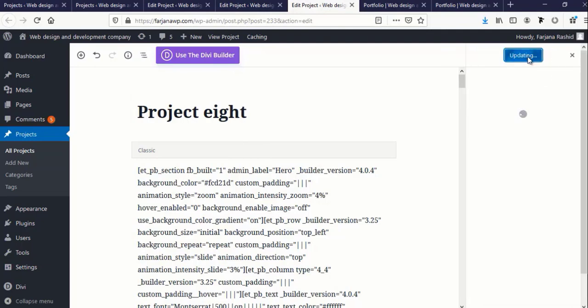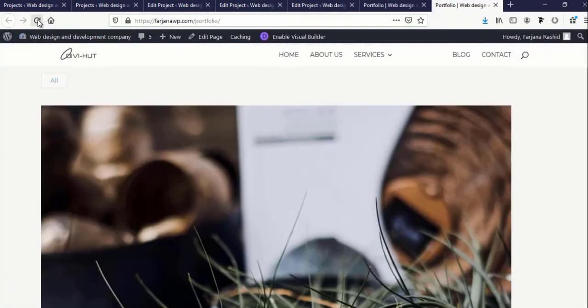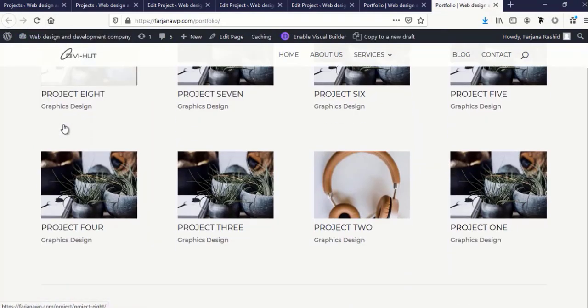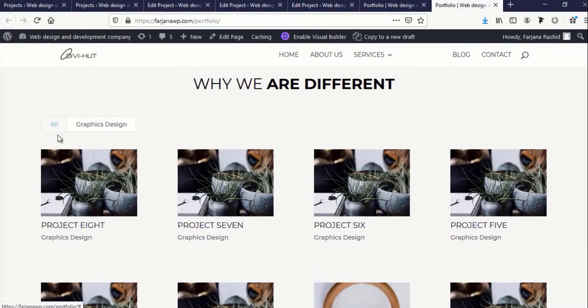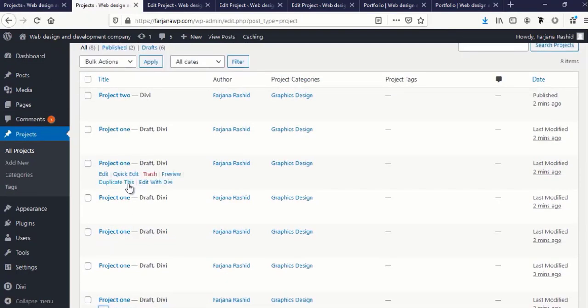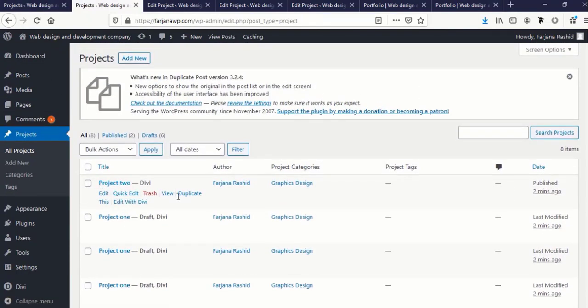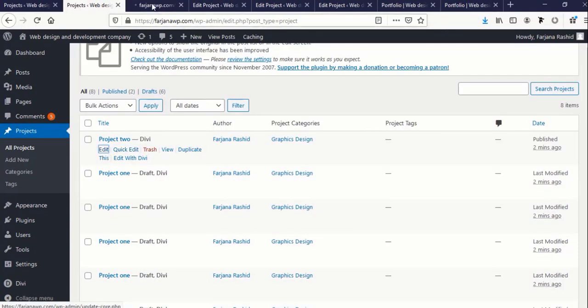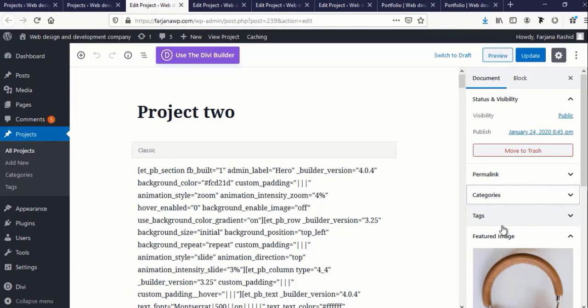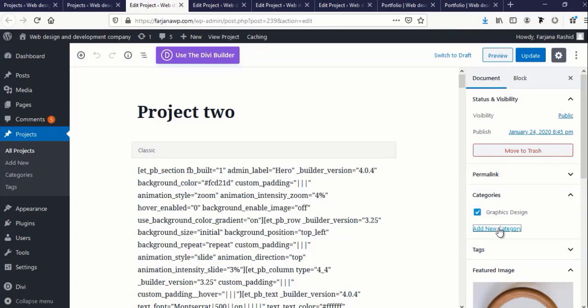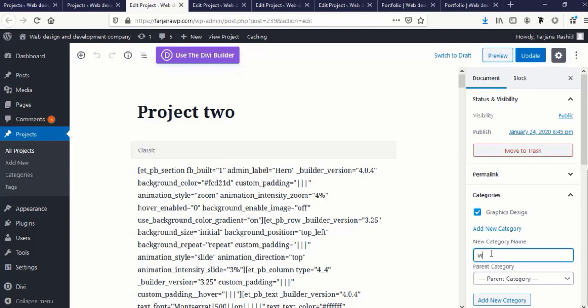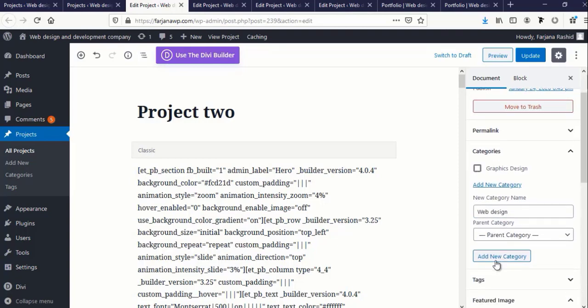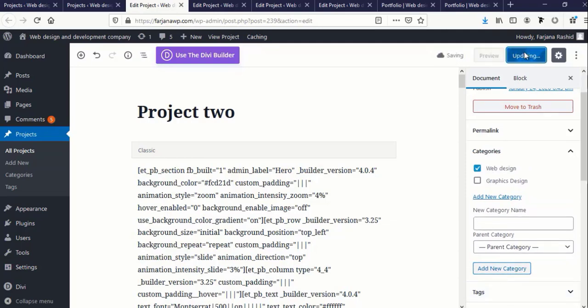and publish it. Now when I check my portfolio page, here you can see our project is showing. Here is graphic design category. If we change our project category from here, just doing it here, first I'm going to edit tab, and here I am adding a new category, web design, and add new category, update it,